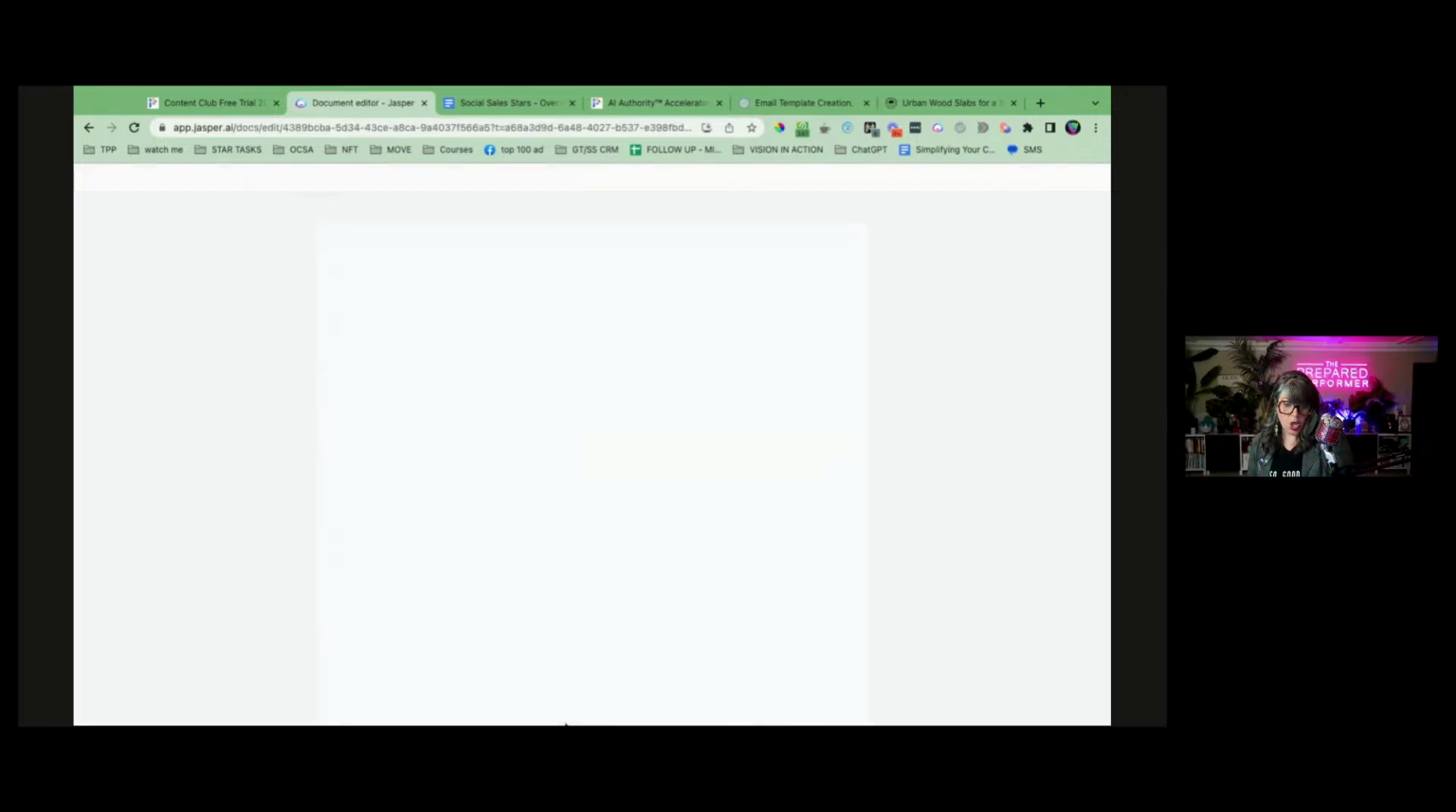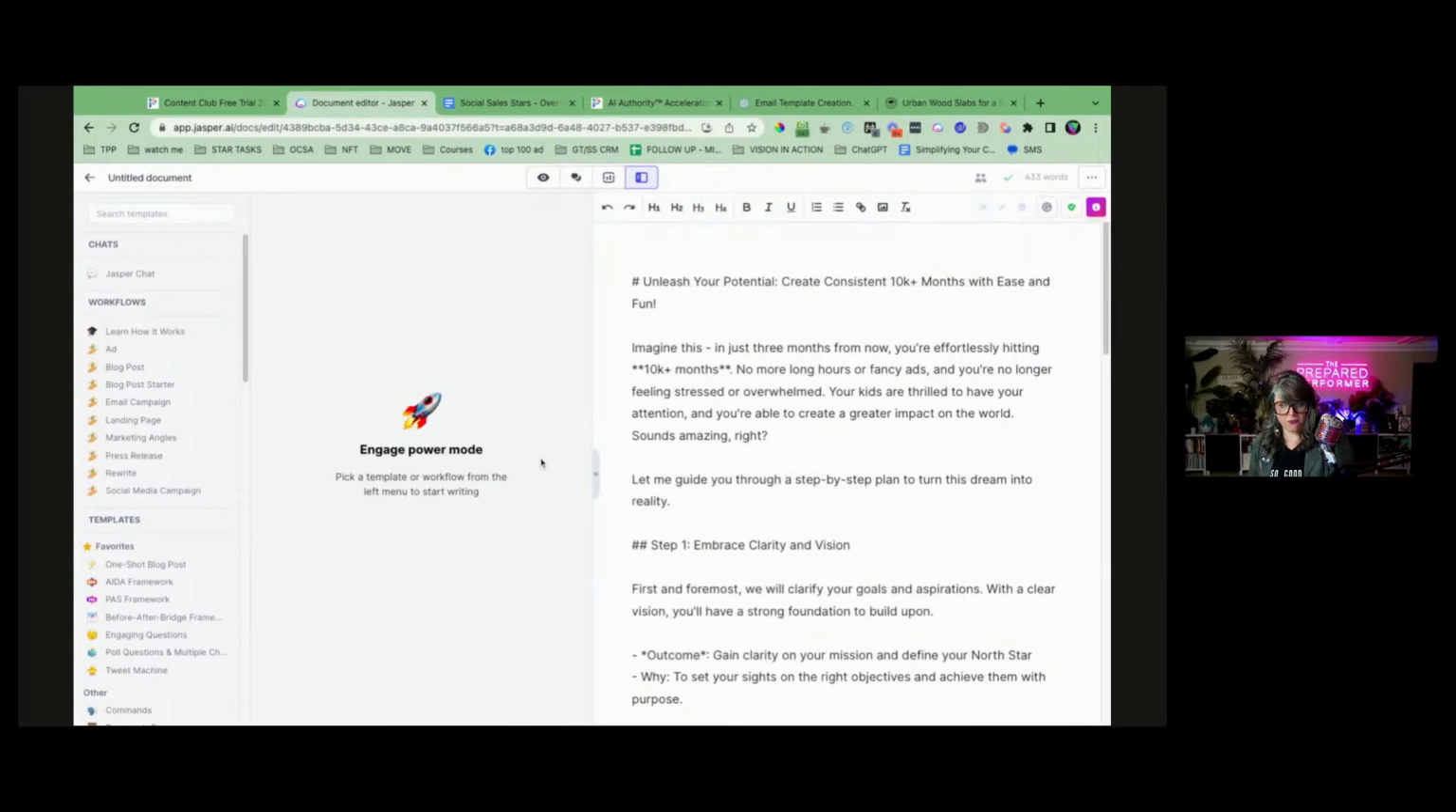So now I have a question. If you have Jasper, would you like that future pacing template? Would that be cool? Because guess what? I can share it with you. So now when I've opened this in a document, I can